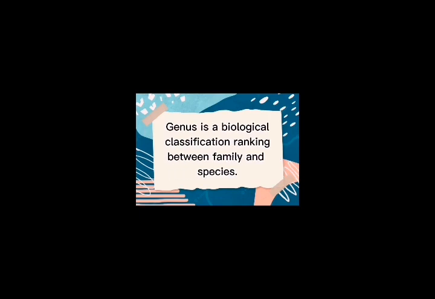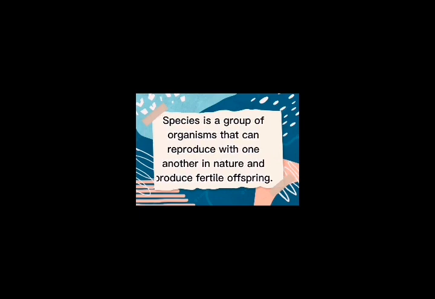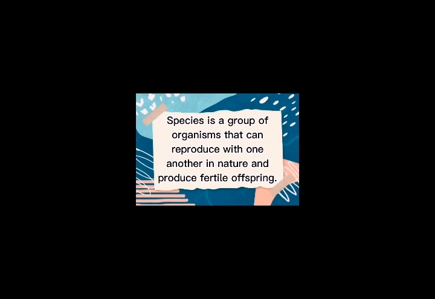We also have the term family. Family is classified between order and genus. Next is the word genus. Genus is a biological classification ranking between family and species. And the last word that we define is species. A biological species is a group of organisms that can reproduce with one another in nature